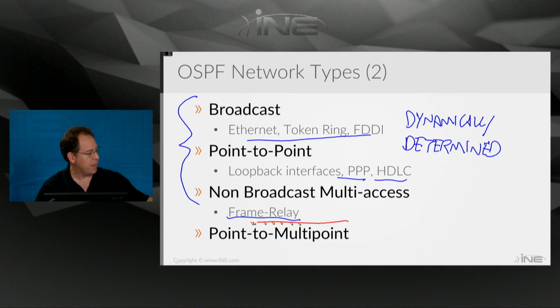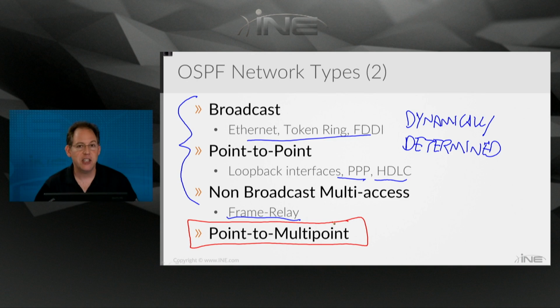Now, point to multipoint, the only way it will ever learn that is if you tell it. So as a network administrator, you actually have to go onto the interface and use an OSPF command to say, this is a point to multipoint network. And an OSPF point to multipoint network is defined as a numbered point-to-point interface having one or more neighbors. That is a point-to-multipoint network. So just to give you an idea as to what that would look like,